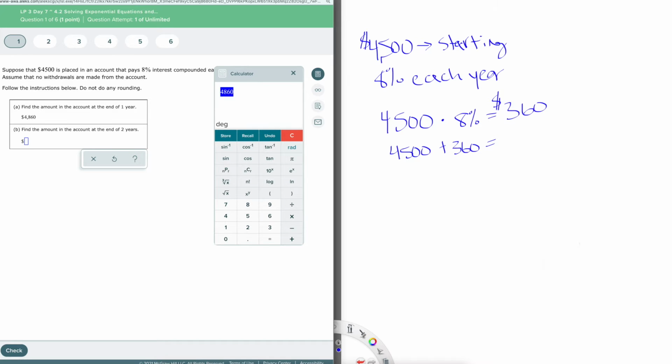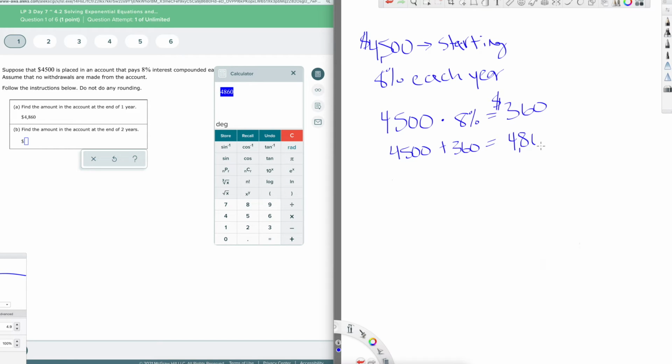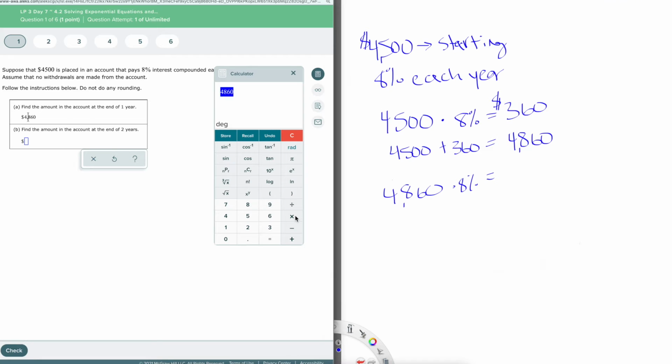Now I can do year number 2 because now I have this total. This is my new starting amount for year number 2. So now this is the amount I'm going to make 8% off of. So now I can go times 0.08. Oops, I hit times again. There we go. So I made